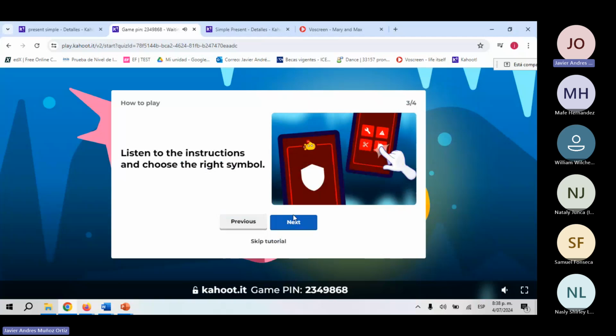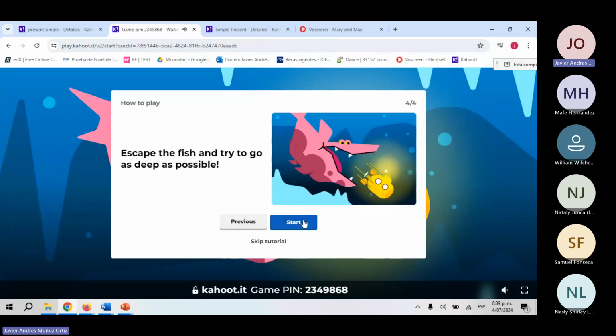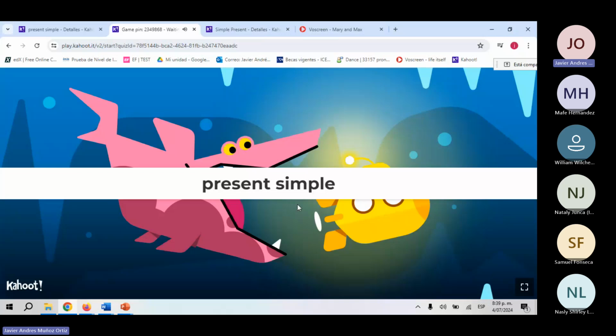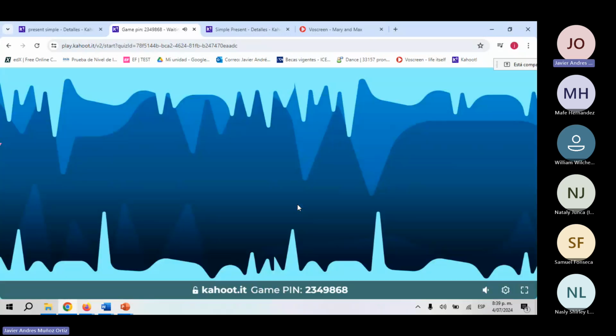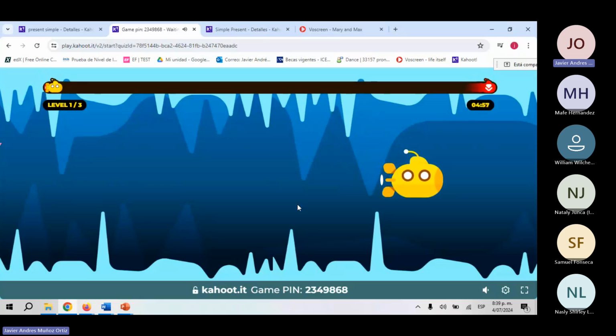Okay? As soon as we finish, as soon as we escape from the monsters, and we get deeper and deeper in the ocean, one of us, I don't know who, but one of us is going to see a symbol in his or her device. Is going to see a pair of scissors, a triangle, a tool, or whatever, and this person will have to describe this picture to the rest of the crew. Okay, so that's it. Then, good luck. Break a leg. Remember, we are all part of the crew.